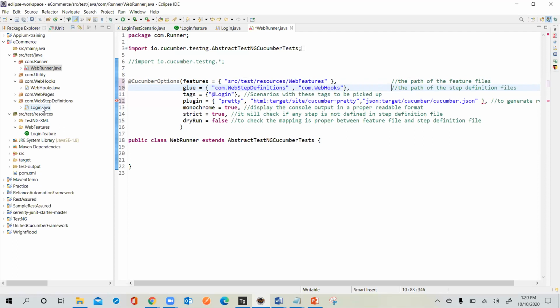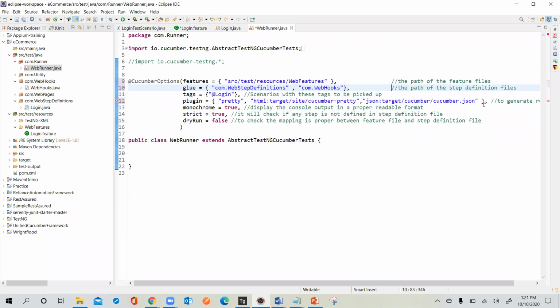That's another topic: how Cucumber identifies the feature file and the step definition file. If you get into the details, it identifies by string search. I'll talk about that later; it would be a little confusing. Think of it as an internal mechanism. Cucumber will come to the login feature, take the step, go to the respective step definition file, and start executing that code. So we need to mention where it should take the feature files, and with glue we mention where it should take the step definition files.